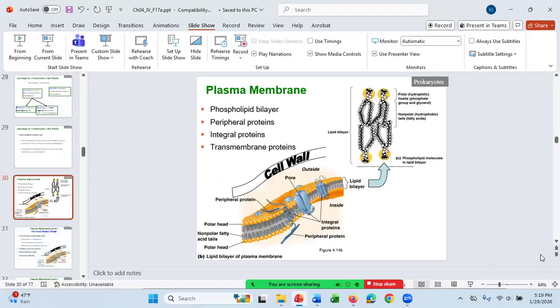All right, let's talk a little bit about the plasma membrane. It is a phospholipid bilayer where the phospholipids arrange in two layers. One, the inner side, where the head is facing inside, the tails face inside the bilayer, and then there will be another layer of phospholipids with the head facing outside the cell, and then the tails facing inside. Let me blow this up.